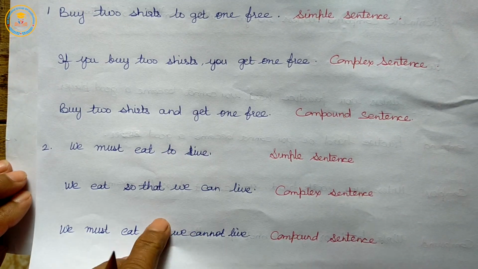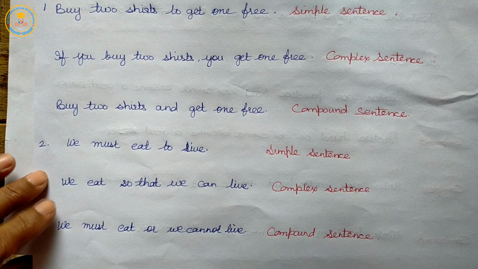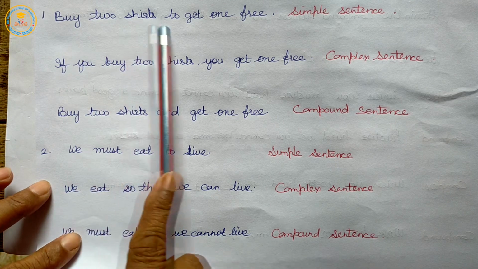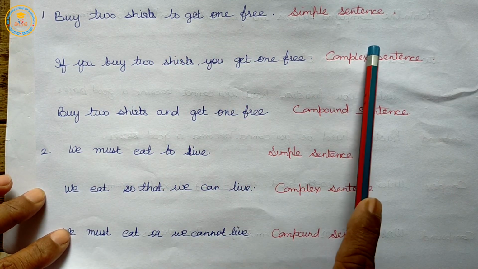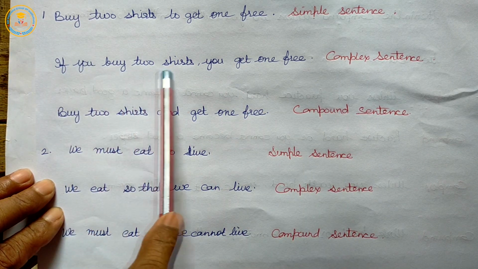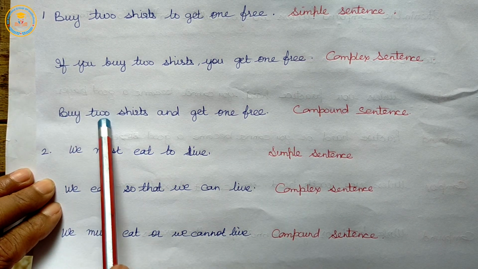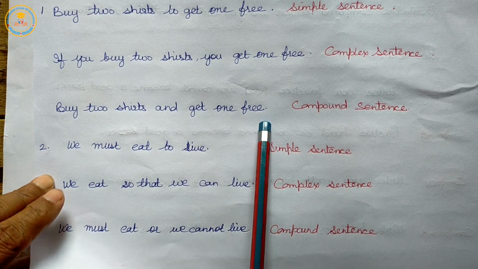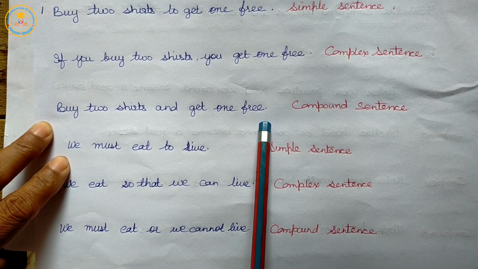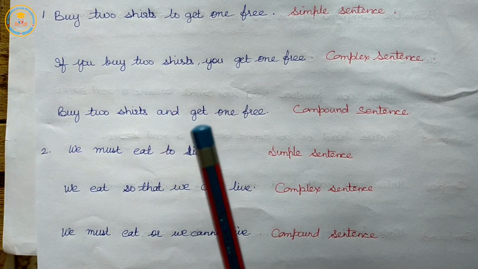So here we can transform a sentence into simple, complex or compound by following the rules we discussed. So first, buy 2 shirts to get 1 free. This is a simple sentence. While transforming it into complex sentence, if you buy 2 shirts, you get 1 free. And in compound sentence, buy 2 shirts and get 1 free. So we can easily transform a simple sentence into complex or compound by following the rules one by one